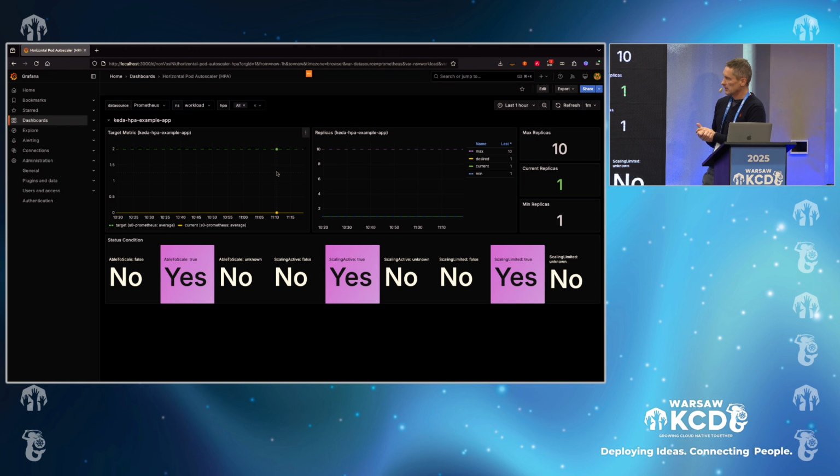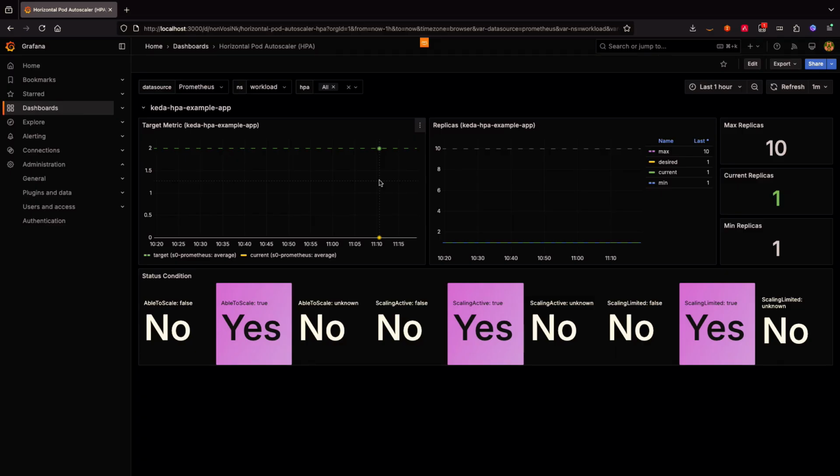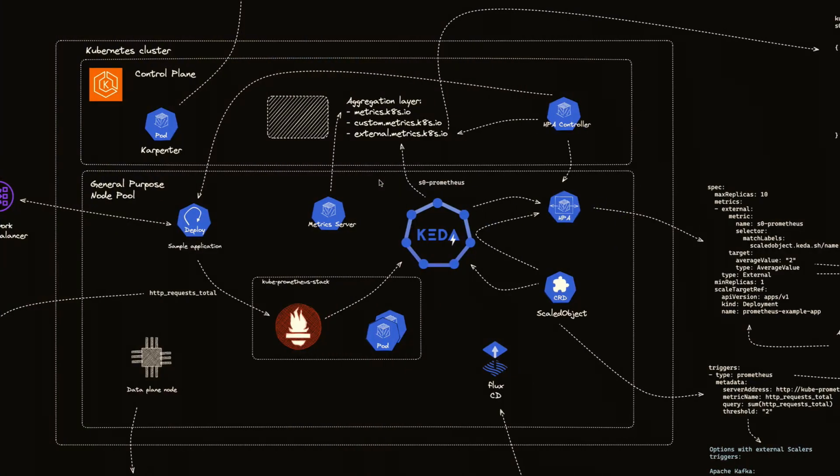Okay, so this is a Grafana dashboard, HPA, that I deployed in my Grafana, because Grafana is part of the Prometheus stack. I've already logged in, port forward, and I'm accessing that now from my laptop. You can see here that we have current replicas is 1, max replicas is 10. So like we configured. And later we will see that there is an increase following our increase in the number of HTTP calls.